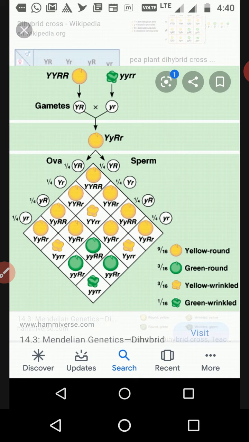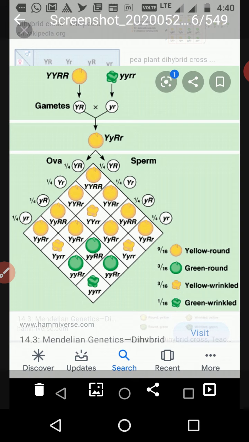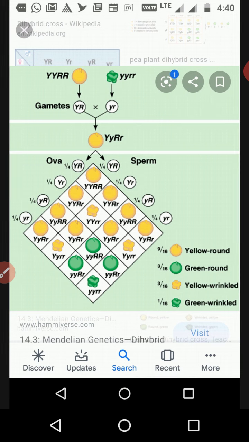In the same way we can take the combination from here to here, from here to here, and from here to here, like that. And in the last, you can see the last condition, small y, small r, from the female side. We can take it here in this box, and from the first generation, that first condition goes to the last. So that is the combination, like that and like that. Clear? Another combination from here to here, another from here to here, another from here to here. Clear?